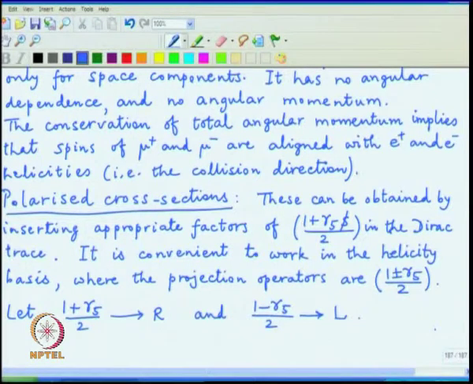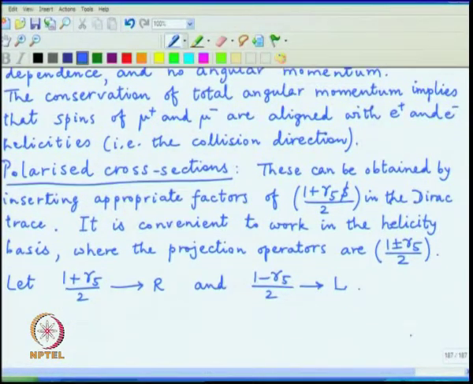But now, in doing the calculation, we will project both by these energy projection operators, which give p slash plus or minus m divided by 2m, as well as the helicity projection operators, which will now be 1 plus or minus gamma 5 by 2. Okay. Now, the interesting point is to look at this structure of the interaction which we have in the helicity basis, and the typical objects are the currents.